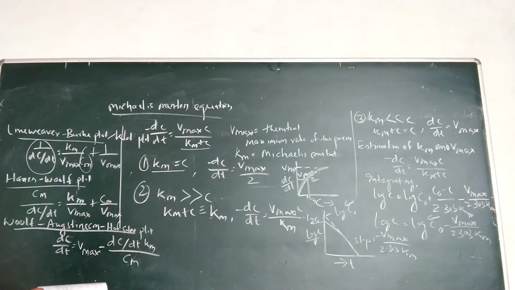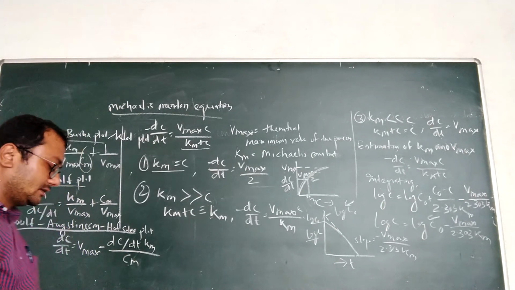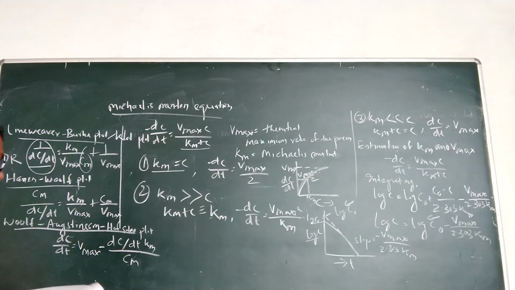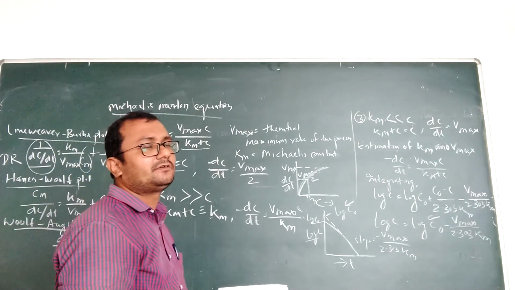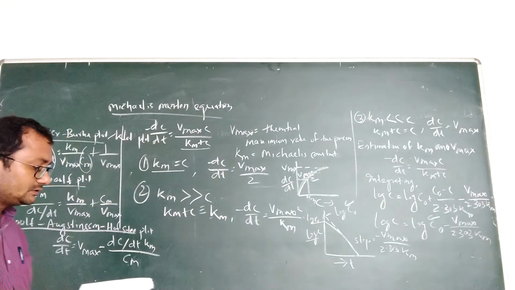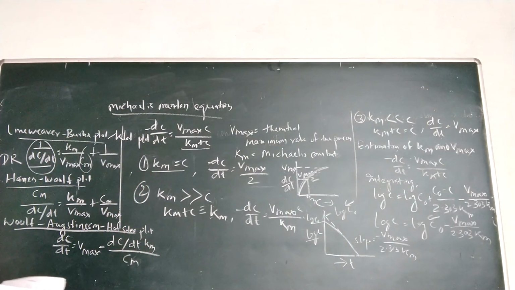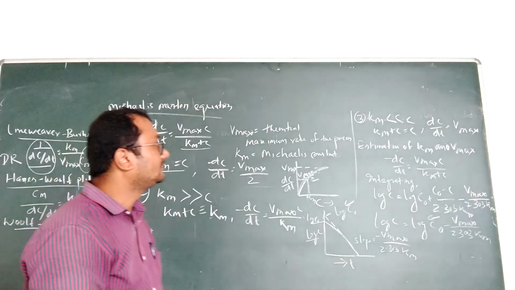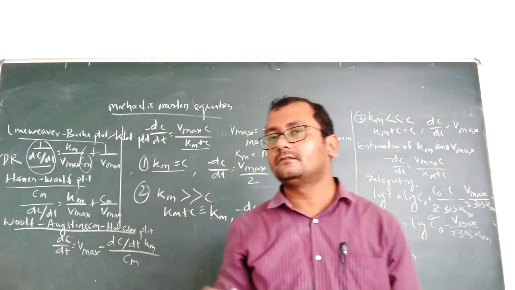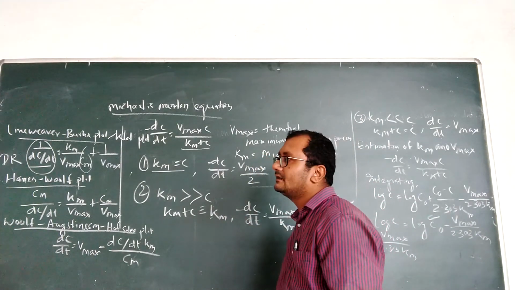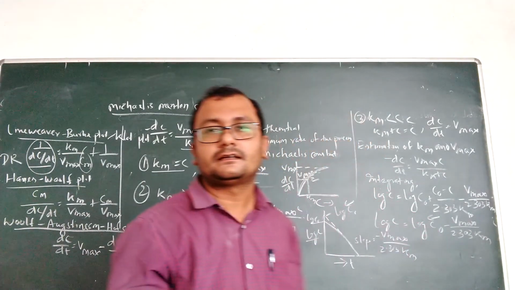In this you generally take dC by dt. In case of steady state, we can take this as dR, the dose rate. At steady state we can use the dose rate, and also we can go for a direct linear plot, or a graphical method. Everything in the steady state uses one parameter, the dose rate, dR. So this is all about the estimation of Km and Vmax values and the Michaelis-Menten equation. With this your syllabus is completed. Thank you.